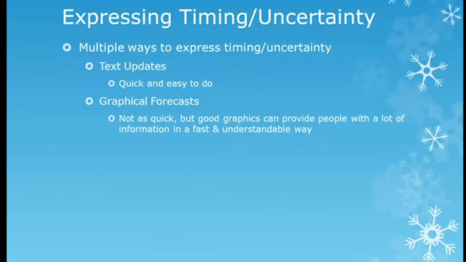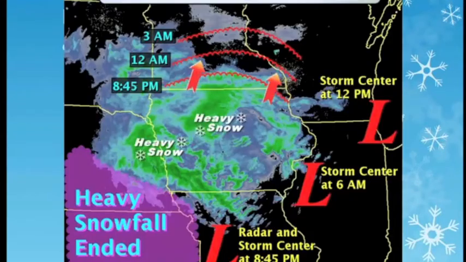I'll give you an example graphic here, and I just want you to take a few seconds to look at it and analyze it and realize how much you can learn from just a few seconds of looking at a graphic. Here's one that we issued talking about timing, mainly. Heavy snow moving north into Minnesota, with lines indicating what time to expect the snow to reach those areas. And I like the simplicity of this graphic too, with the low icon just saying Storm Center at 8:45, 6 a.m., noon. Very basic for the public to understand what they're looking at here.